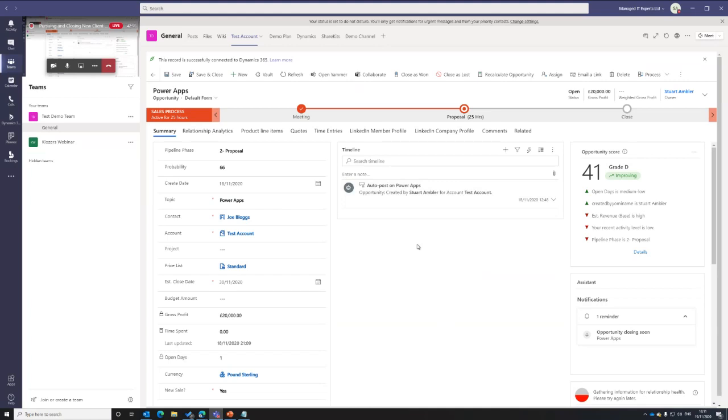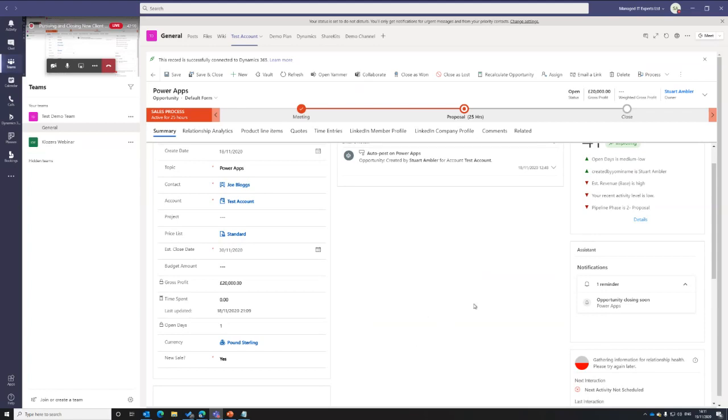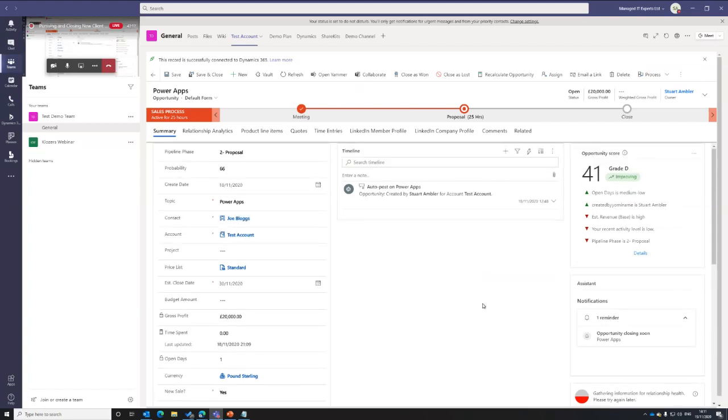This will also hold all the information in terms of the commercial side of things, the cost, whether it was a new sale, or a client sale that we've upsold, LinkedIn information from the company member and profile, the internal quotes, which will then go to the invoice, and also documents, which will be the customer proposal and any other pertinent documents to do with this opportunity.